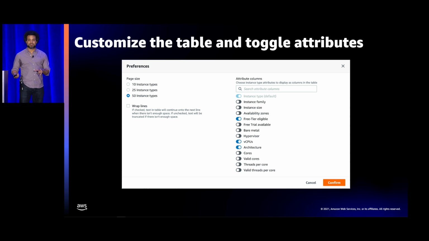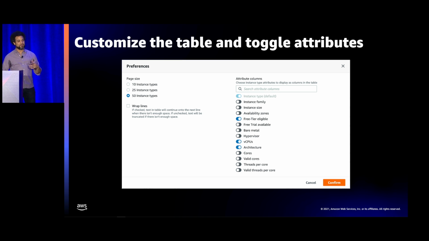The second thing is we can now start to customize what kind of values are returned per instance. So by default, instance type is always going to be shown. But you can start to look at other things that I might care about. For example, you can show how much memory per instance. Or perhaps you might want to show both vCPUs and physical cores, because for your application, the performance might change depending on how many physical cores you have. So these are all the different things that you can start to return and show and really customize the view just depending on what you actually care about.